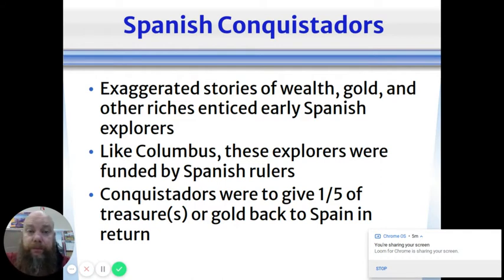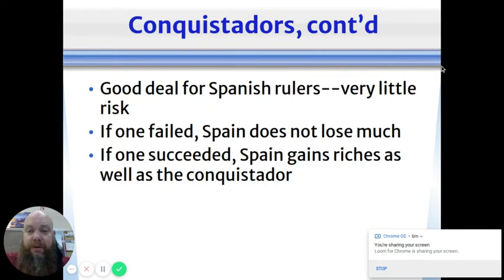Okay, again, now today, sitting here in 2020, it seems pretty cruel to do things like that. And it was, to just send people out like, well, if he dies, I don't lose that much money. But that's how things were back then. The idea of death really didn't faze them as much as it does now. And that's a good thing for us now that we take our lives more seriously. But back then, life expectancy was much shorter. People didn't live as long. And so the idea of sending people out on adventures and they possibly might come back, not come back, was just like you just shrug and say, okay.